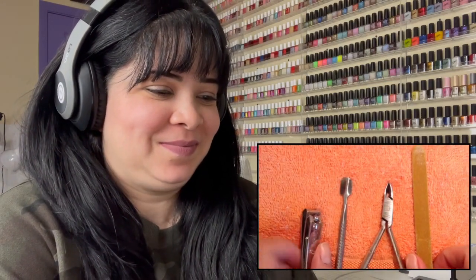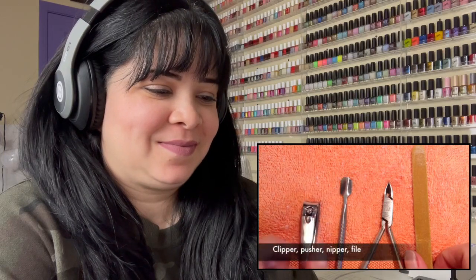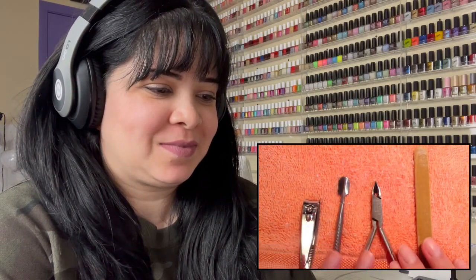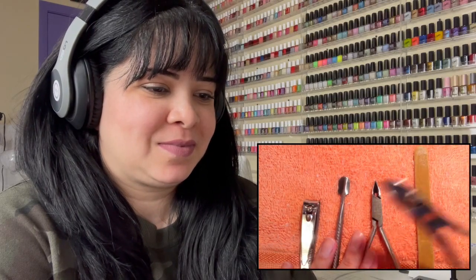So the tools that you're going to need to clip the nails and remove the cuticles will be the clipper, the pusher, the nipper, and the file. Now some people like to use the big nipper to...